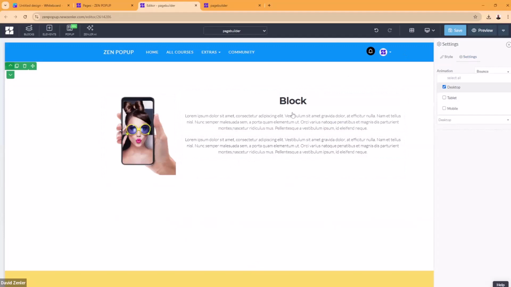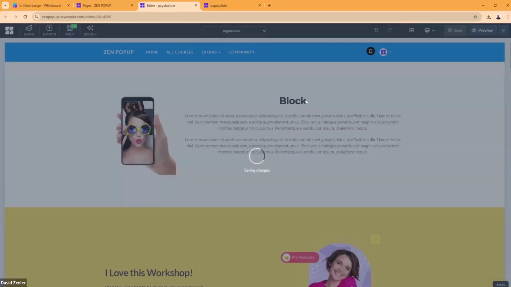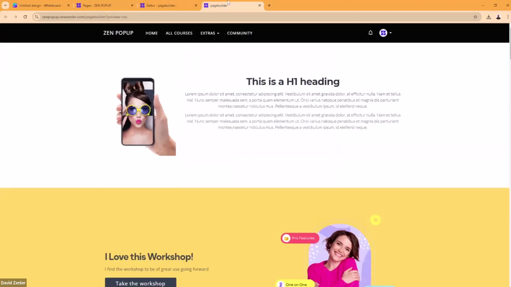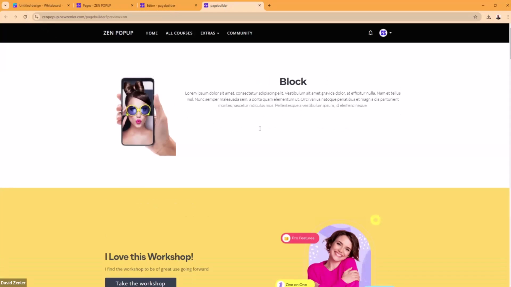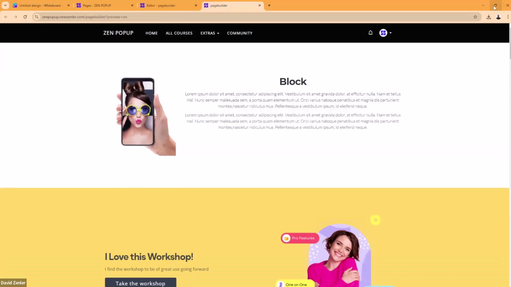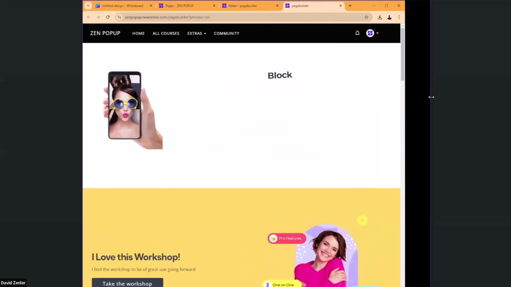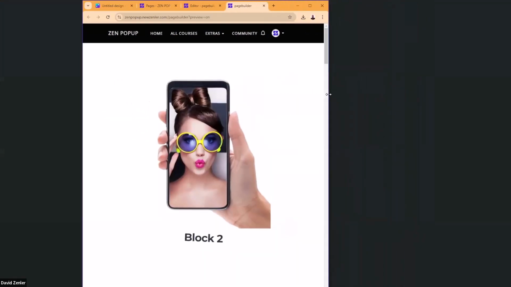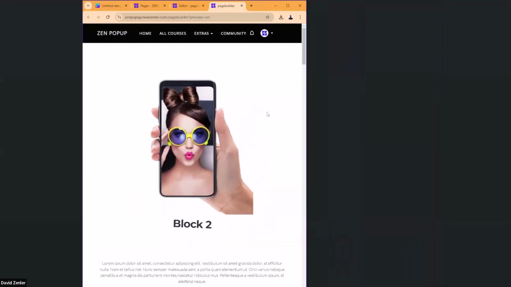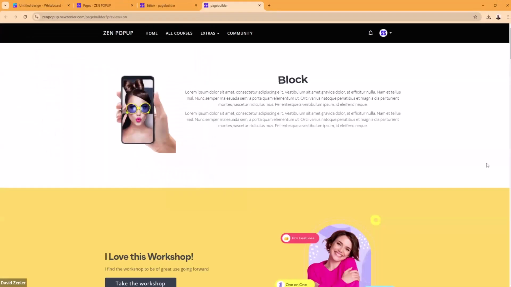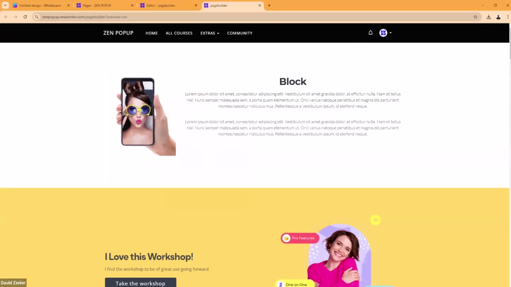So if I click save now, we should have the block come up on desktop, and as soon as I reduce it down, it will disappear and block 2 will come up. So there it is. So we've got our animation. Watch what happens now when I reduce this down. Block 2 comes up, but block 1 disappears. So this is on a device level. You can see that it's doing this on a device level here. Okay, and that is how you can hide things per device. Okay, which is really good.